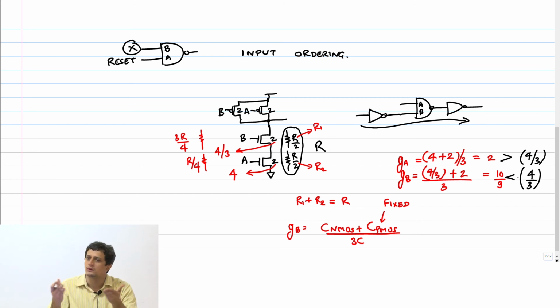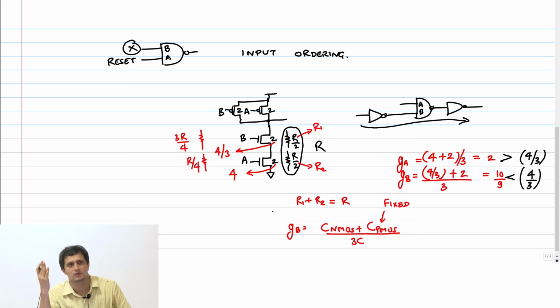Of course, you can now do various kinds of sizing. This 4 by 3 and 4 is just one example. You can do any n plus 1 by n and n plus 1, and get the same result, right? And in the limit, the logical effort of this critical input will approach what? 1, which is as close as you can get to an inverter. You cannot get better than an inverter in any case. The static CMOS inverter. Actually, you can get better than that. So I take the statement back. We'll come to it later. Clear? Any questions here?